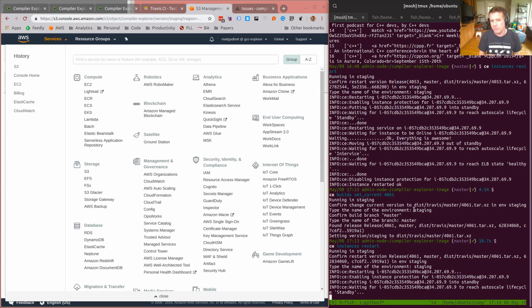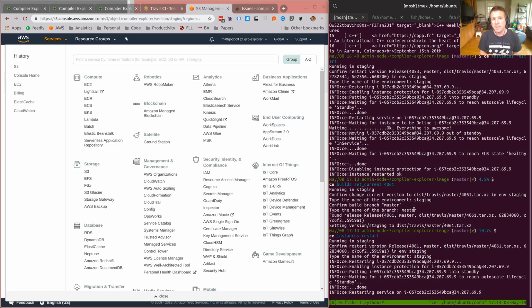As the min is 0 in the case of staging and beta, it won't add a new node in. But in production, we never want to kill the one and only node that happened to be running just to upgrade it. So we'll add a new node, let that come in with a new version, and then transition to it. So it's restarting the service now.